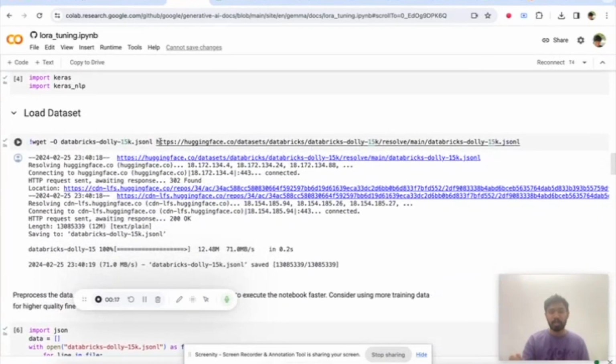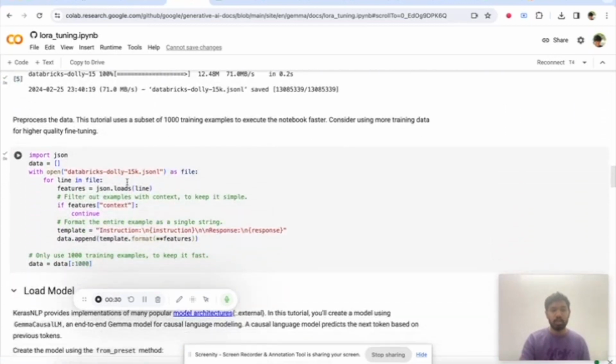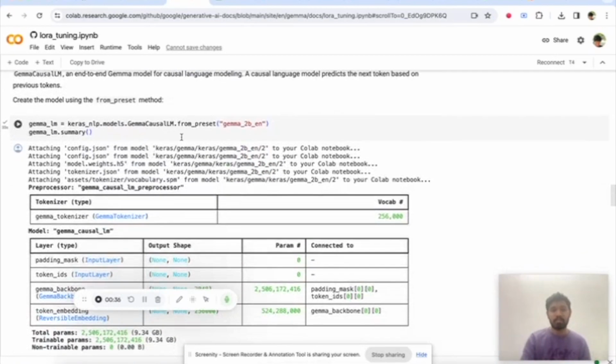After that, we'll be downloading a dataset called Databricks Dolly 15K. This dataset helps us in building and fine tuning our model, and how it performs better than the regular output. We'll understand it more as we go forward. So we are going to put it in a format which can be used for fine tuning our model. Once that is done, we'll load the model,